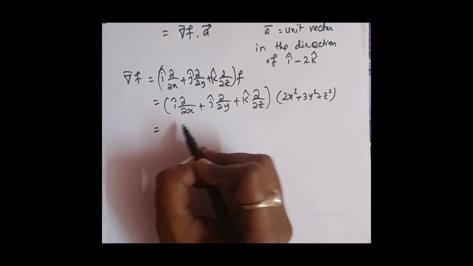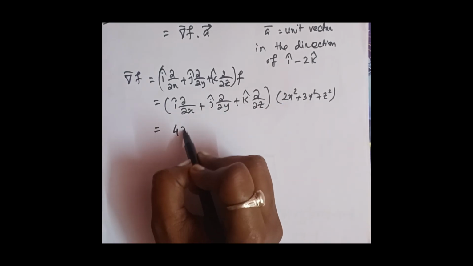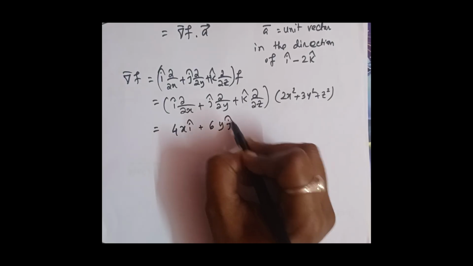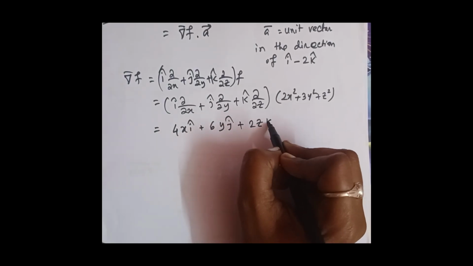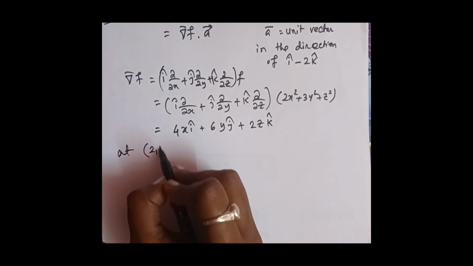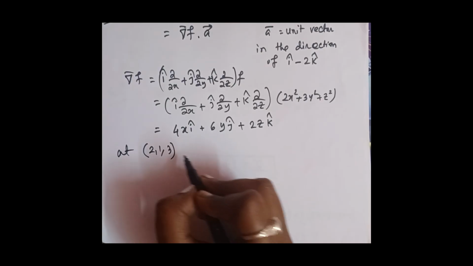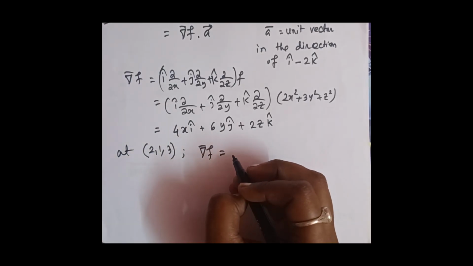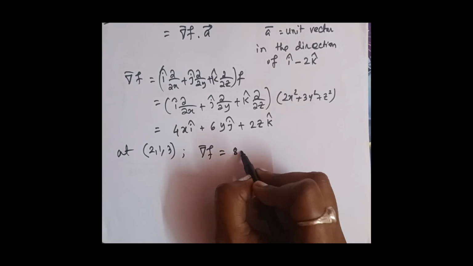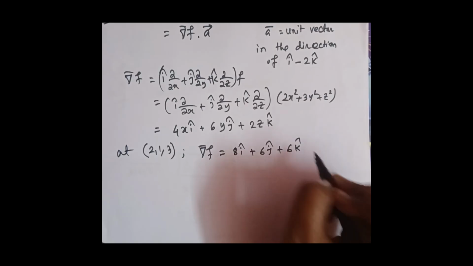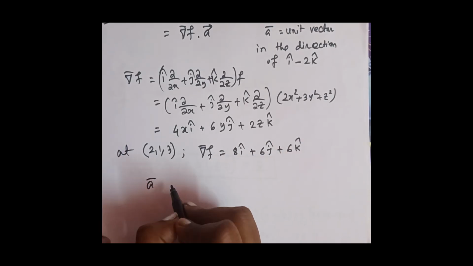This is 4x i plus 6y j plus 2z k. Now we have to calculate at the given point (2, 1, 3). So at this point grad f equals 8i plus 6j plus 6k, and a will be,